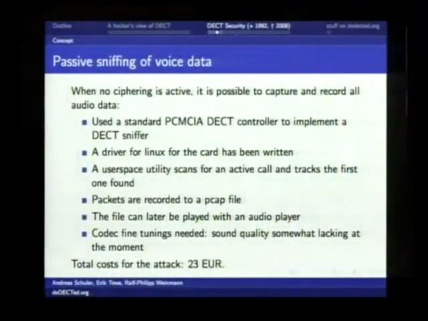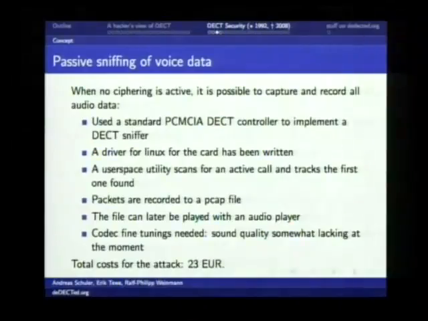So what we did, we created a universal DECT sniffer. We used this standard PCMCIA card to implement such a sniffer. We have written a driver for the Linux operating system, and we have a user space utility which scans for active calls, tracks the first call which is found, records all data in the call, and waits until the call is over or until connection is lost, and then it starts scanning again for the